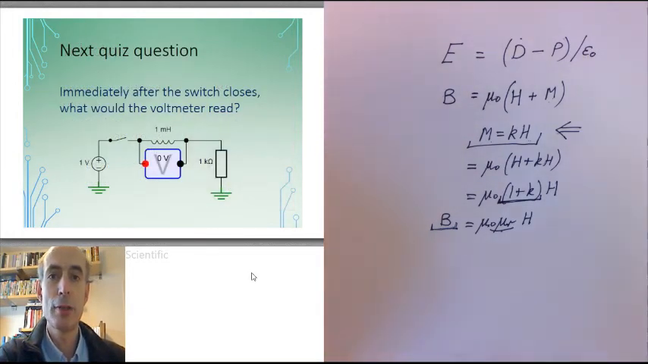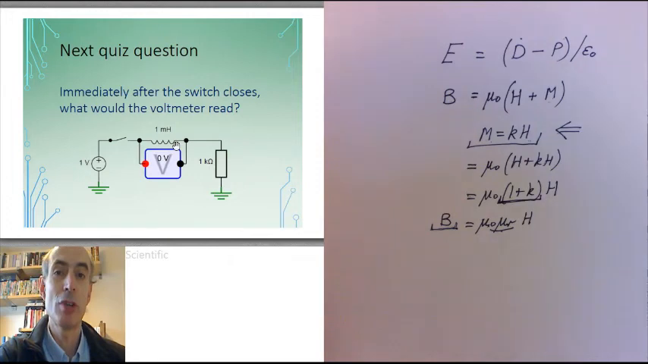I can't resist adding this one in again because it's such a common error that people make when they first start working with inductors. Immediately after the switch closes, what would the voltmeter read? And the answer is 1 volt. Because before the switch is closed, there is no current flowing, and you cannot change the current through an inductor instantly,